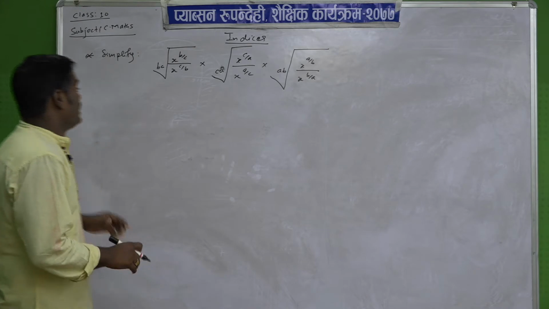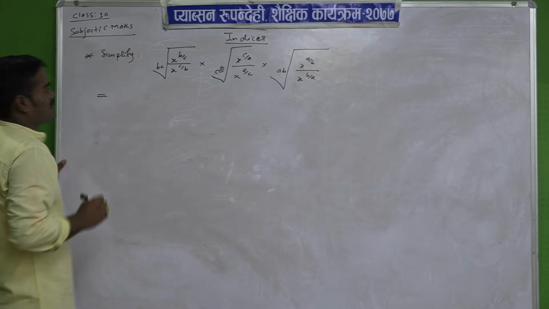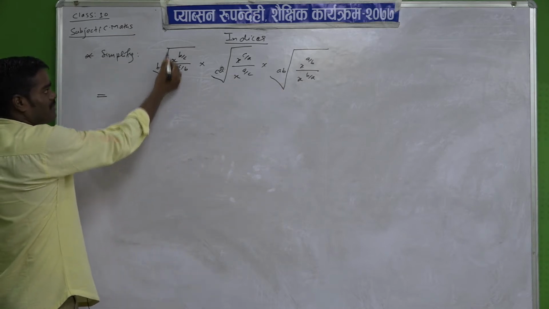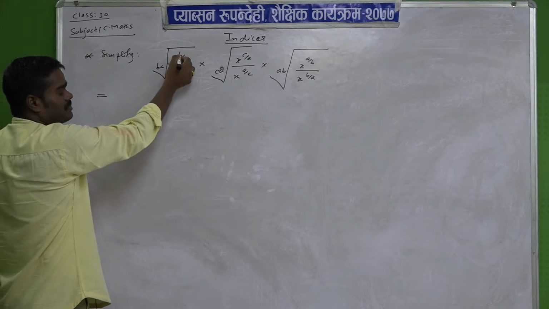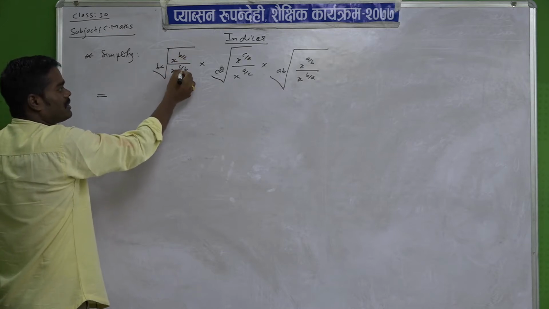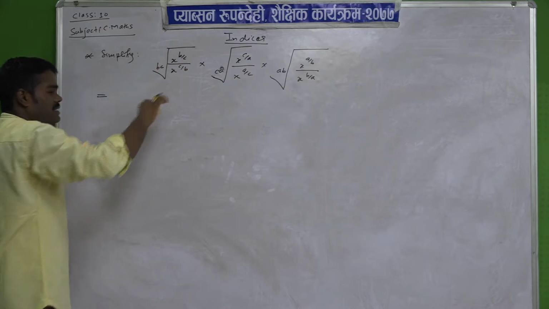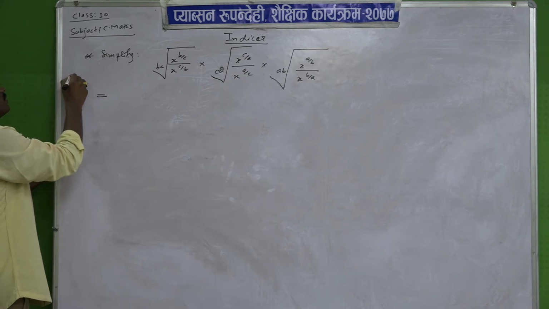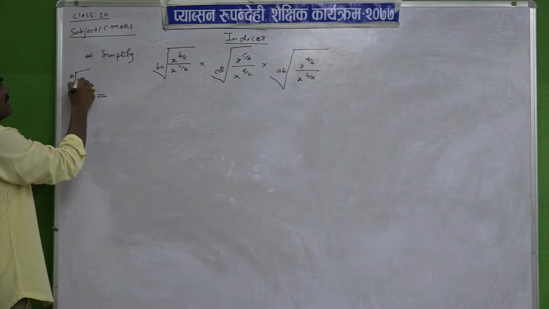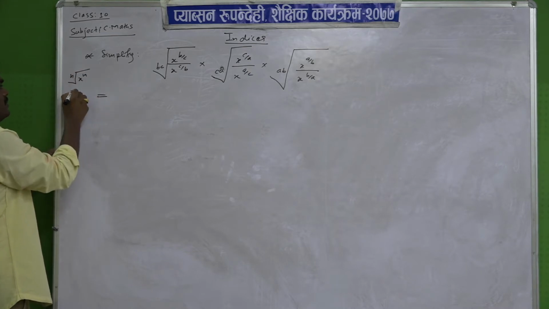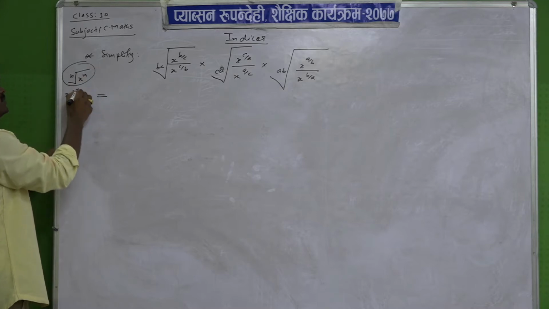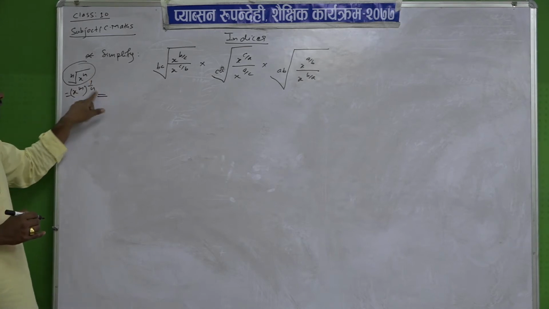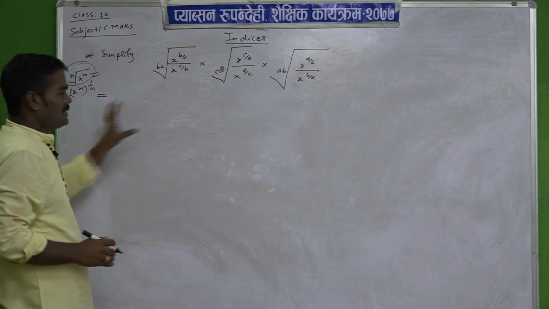Let's solve this question, simplify. Here is given under root x power b by c, x power c by a. First we have to change this radical sign. You know the nth root of x power m, while changing this sign, we have to write it like this: x power m whole power 1 by n. In this form first you have to change this.